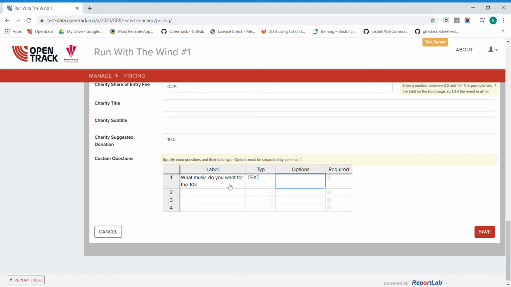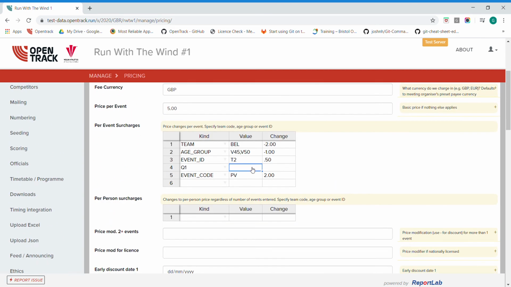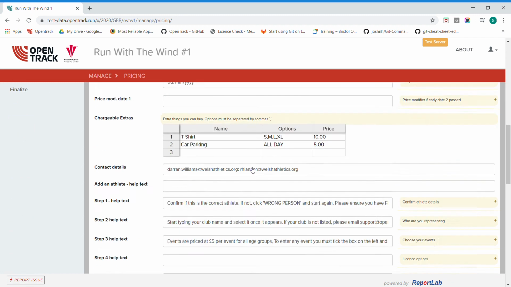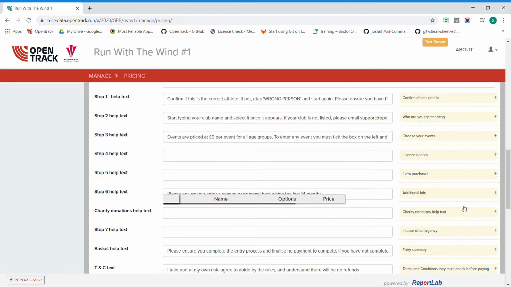We don't really want that required, whereas you could do other things such as a price modifier, which you can make as required, and then up on these boxes that we were looking at earlier, you could, let's say the option was yes, that would give you a price surcharge of £2. So whatever you want in this really, and then you literally just save, and that's all of the modifications